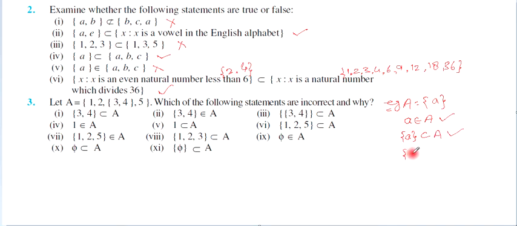So this is also correct. And you know power set is a collection of subsets. So this is an element of P of A. So this is also correct. And this is a subset of P of A. This is correct. So this is the way to write all these elements. Clear? So understand this example very carefully. Set A contains this element {a}. So {a} is an element of A.